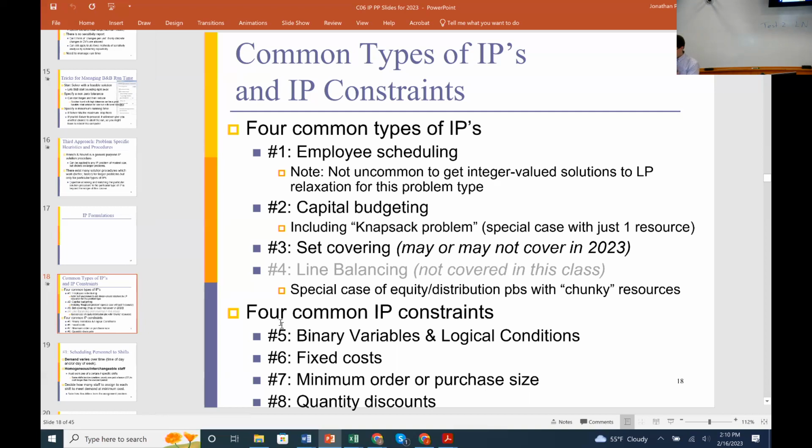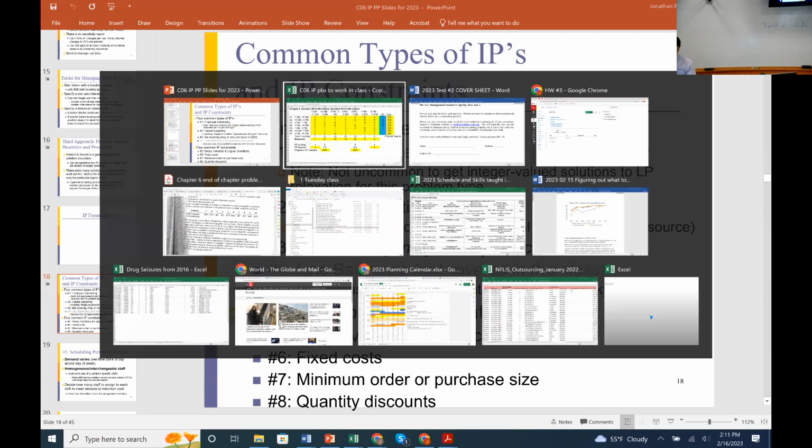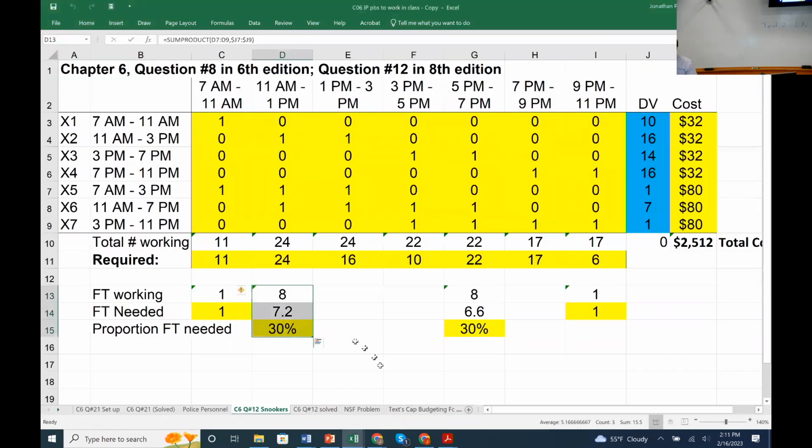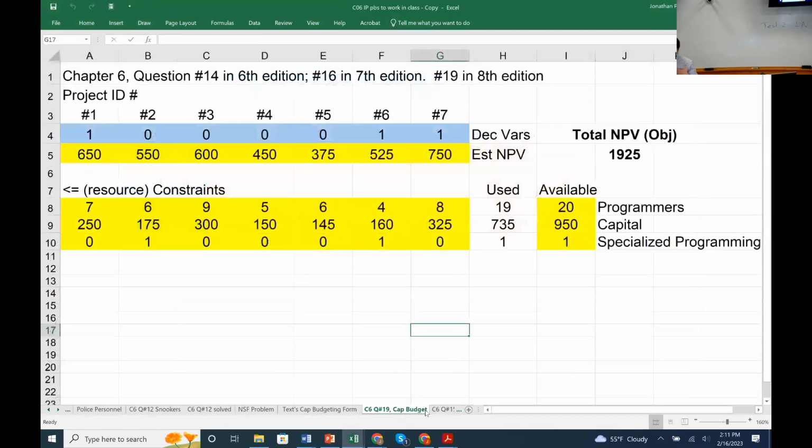Fourth category here, the textbook says, are line balancing problems, meaning assembly lines in a factory. I don't think they're that useful, so I de-emphasize reading that section of the book. But you can think of line balancing as just a special case of creating equity or balance in general. And those are very common. They'll come up a lot in public policy, social justice kinds of settings, but the textbook problems are going to be for profit